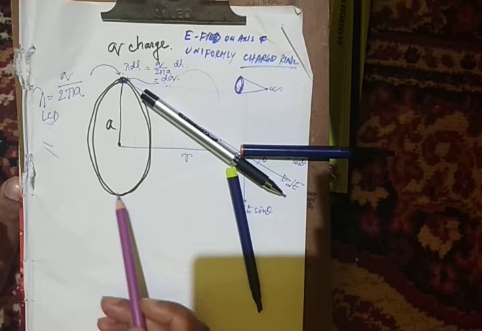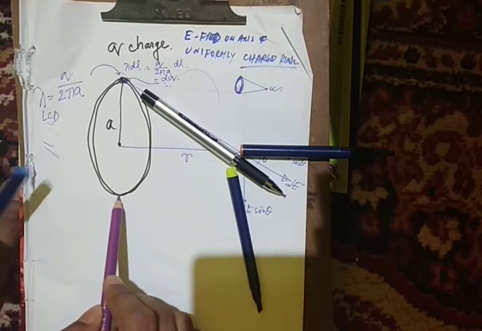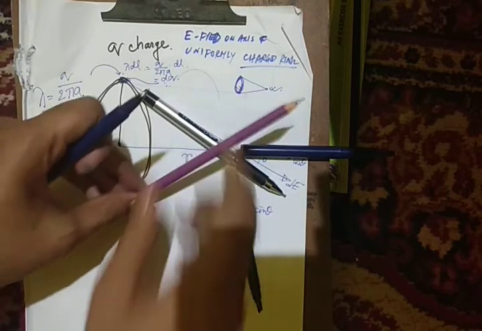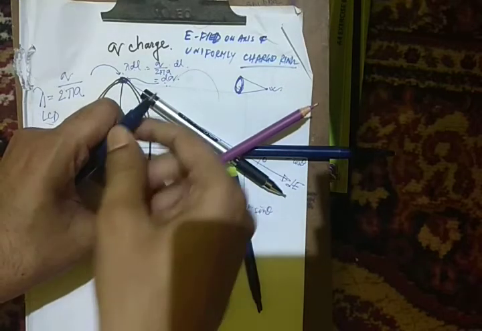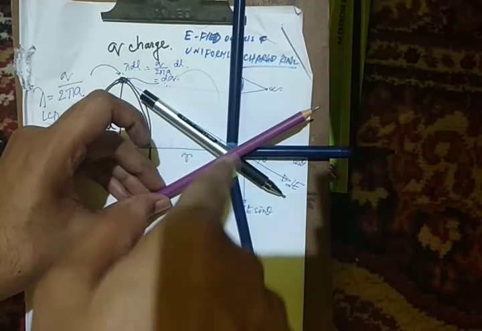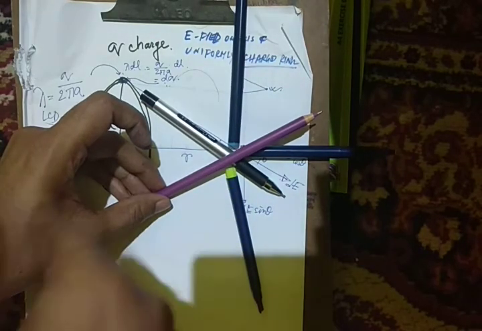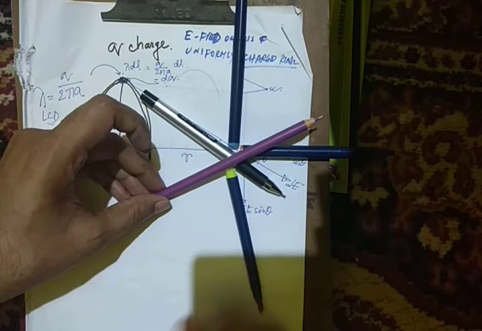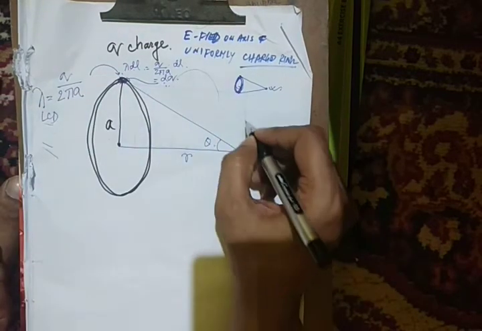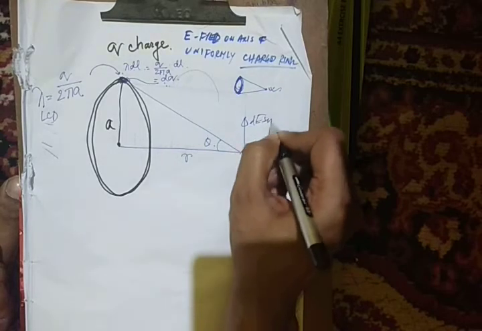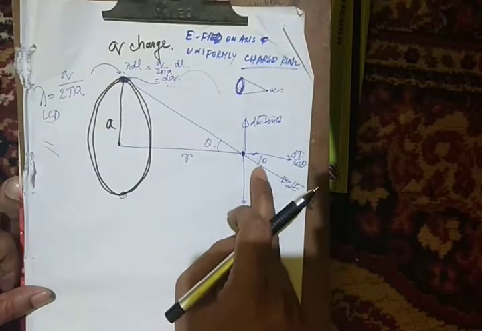So from this element, again a dq charge will be there and this will impart an electric field in this direction only. So here it will have the same cos theta component in the east direction and again sin theta component in the north direction. So these sine parts cancel out, only cos parts survive. Now I will remove my pen. So the dE sin theta parts due to this and this element cancel out, only cos theta parts survive.